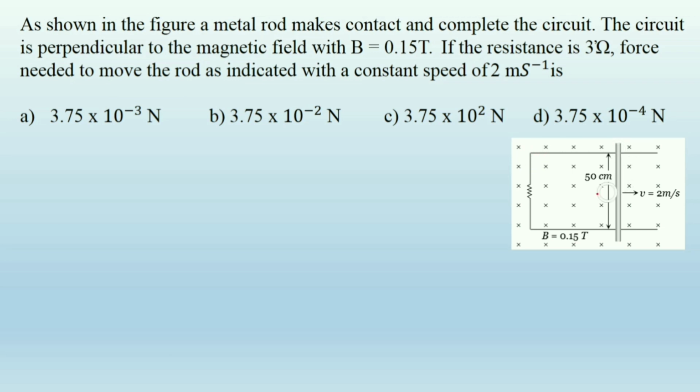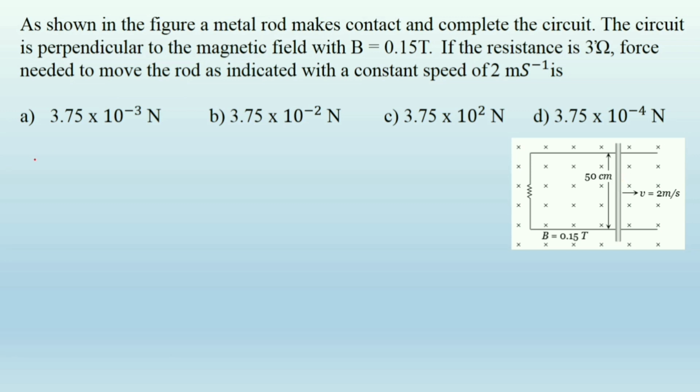This is a uniform magnetic field. In this uniform magnetic field, they have given a metal rod which completes this circuit. Resistance is given, its length and velocity are given. So we only need a force to move the rod inside this magnetic field. When we apply force, this rod starts to move in this magnetic field, so the magnetic flux linked with the rod changes, and induced EMF takes place. Now we have to calculate how much force is needed to move the rod in this uniform magnetic field.